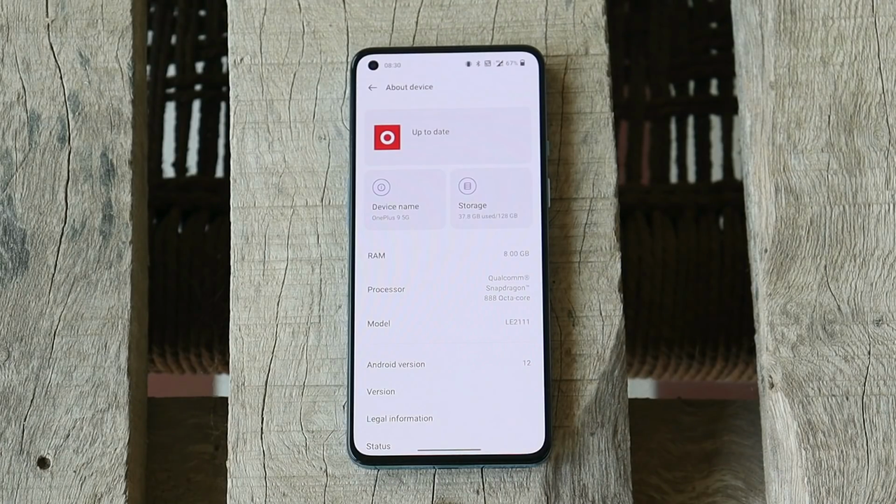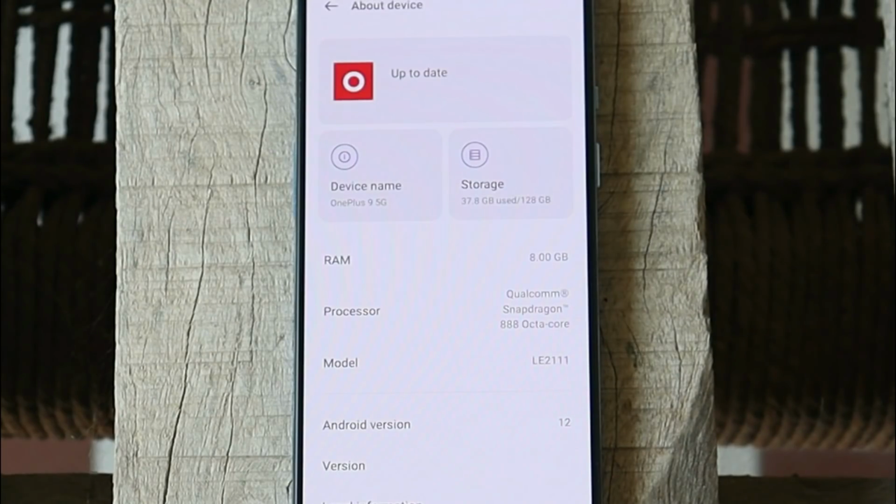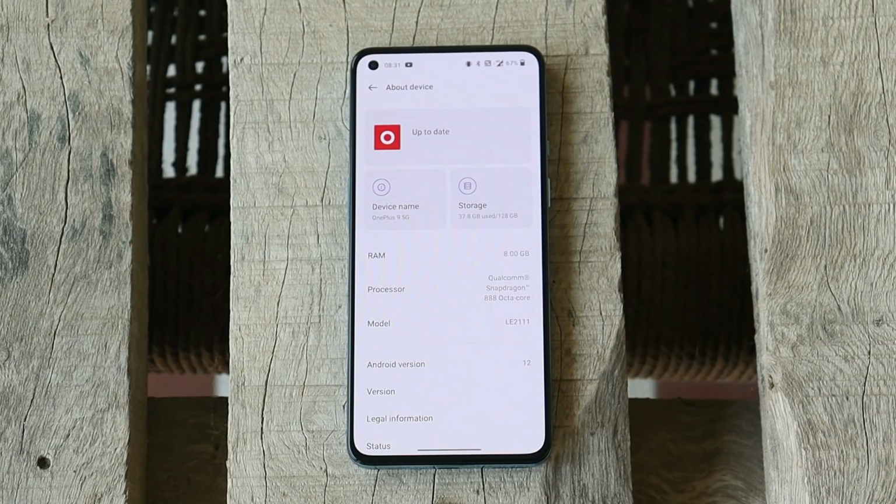Okay, so soon after updating the device to Android 12, or you can say Oxygen OS 12, few users get to see Snapdragon 855 under About section. So guys, that's a minor script glitch and hopefully it will be taken care of in the upcoming updates. I've seen most users getting hyped about it, but don't worry guys, a software update doesn't change your hardware specifications. So it's a minor glitch and should be taken care of in the upcoming update.